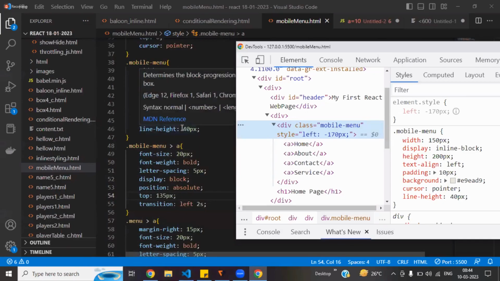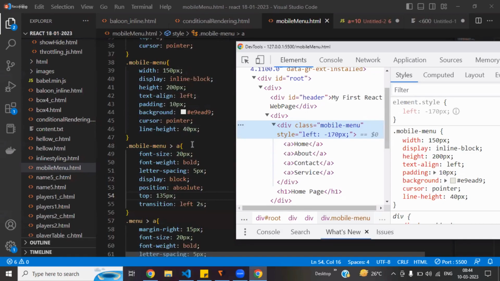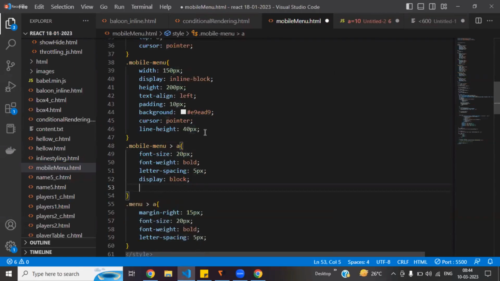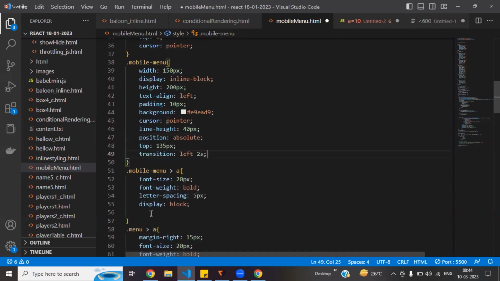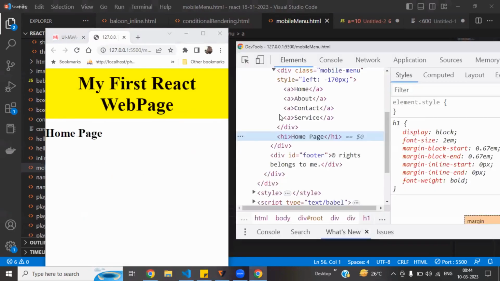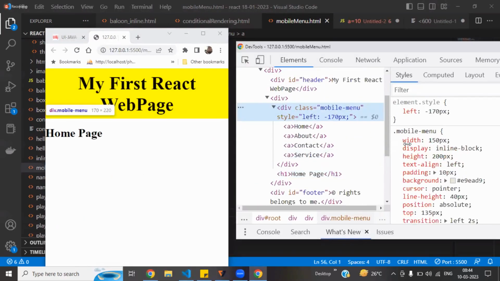Any reason behind that? Yeah, this is wrong, right? You have to add this one to what? To my mobile menu. Yes or no? You added it to the mobile menu anchor. That is the problem. Yes, now it's hidden. Now see this? This is my left value. If I remove this,